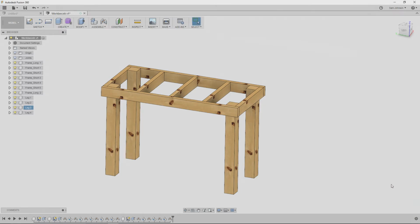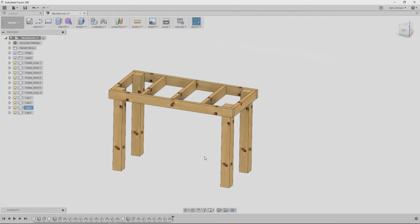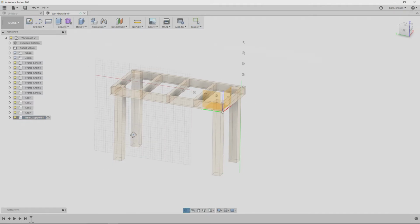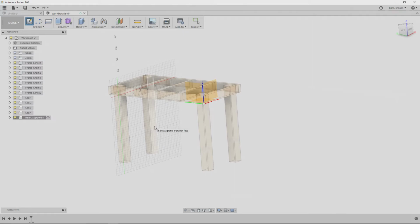So we're getting close to being done here, guys. The only thing we're going to have to do is put in supports and our MDF top. So let's go ahead and put in our supports while we're looking at it. Right click, new component, and I'm going to name this rear support. Enter. And I'm going to create my sketch off of this face